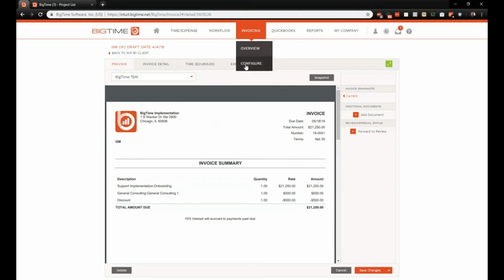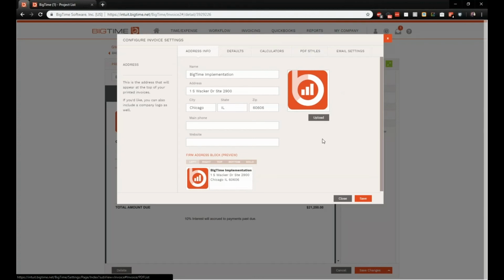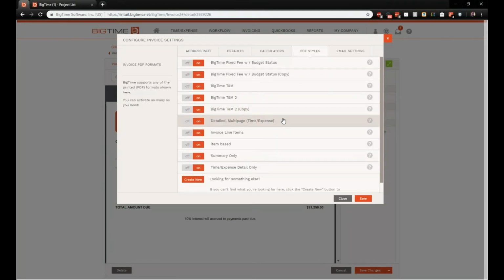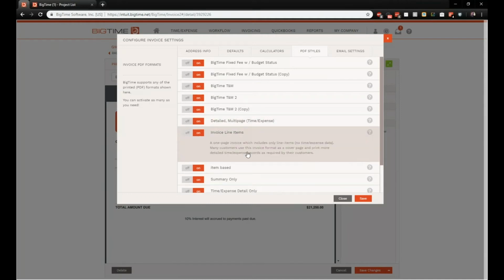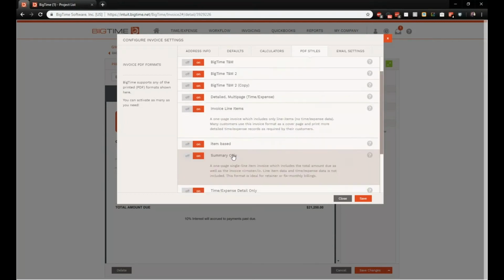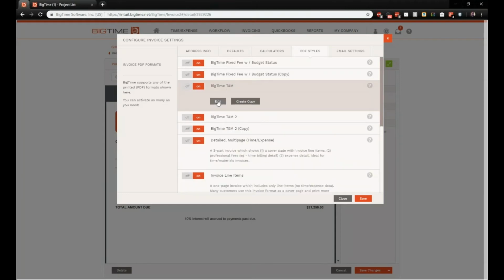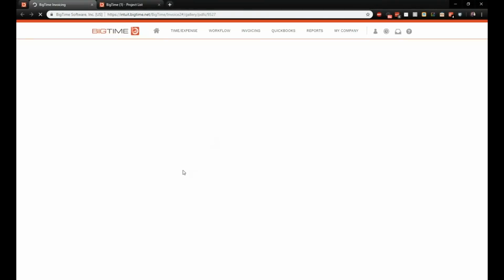So navigating to Invoicing, Configure, in the PDF Styles tab, and also from this page, this is where you can upload your logo if you want that displayed on your invoice PDF. Here, you've got your pre-made BigTime templates, such as invoice line items, your summary only, time and expense detail only, and detailed multi-page time and expense. But you can also create a brand new template. So this BigTime T&M template that we just took a look at,